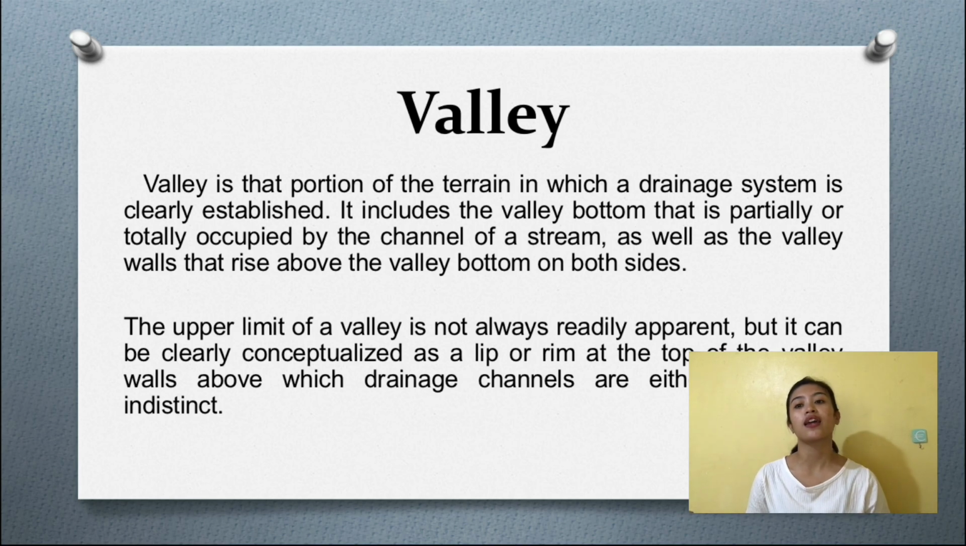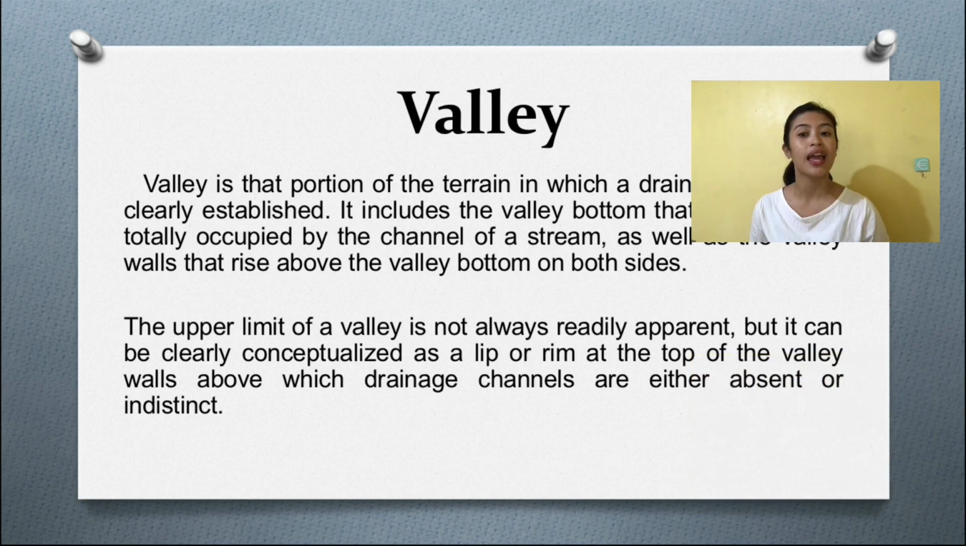A valley is the position of the terrain in which a drainage system is clearly established. It includes the valley bottom that is partially or totally occupied by the channel of a stream, as well as the valley walls that rise above the valley bottom on both sides. The upper limit of a valley is not always readily apparent, but it can be conceptualized as a lip or a rim at the top of the valley walls, above which the drainage channels are either absent or